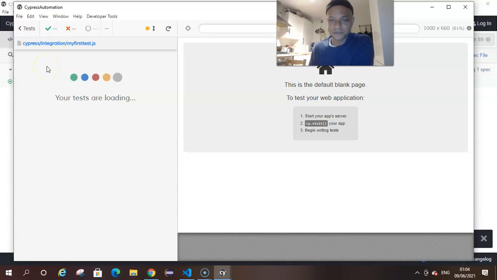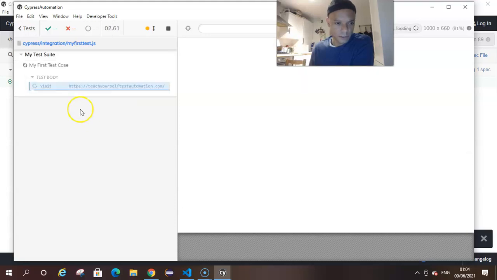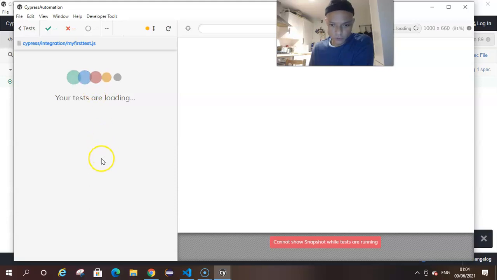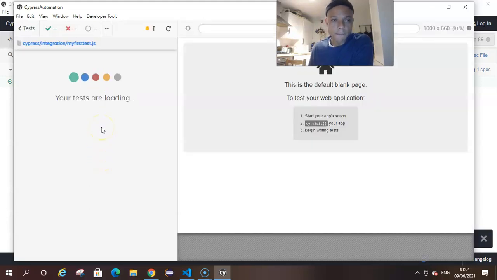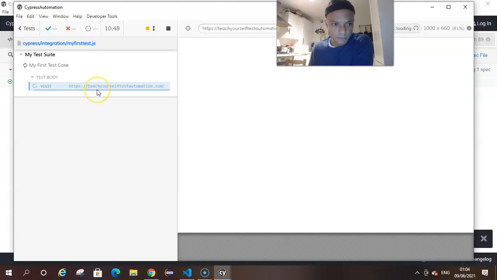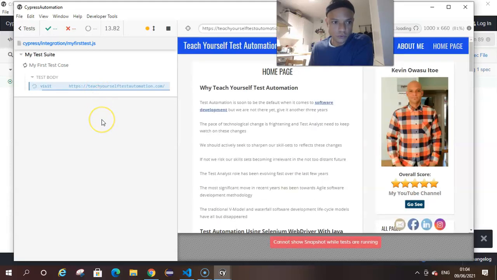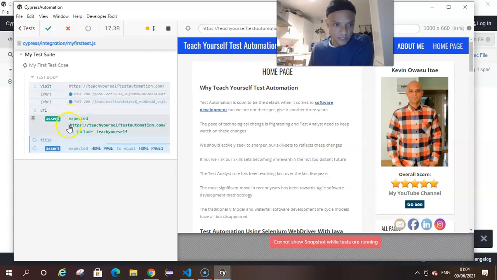Hopefully our test case still works from yesterday. It's taking its time. So this is the Electron browser. We'll just see how that works, and then we'll move on. Right, here we go. This is the website, teachyourselftestautomation.com. We'll do the first assertion on the URL, which passes, and then the second assertion,